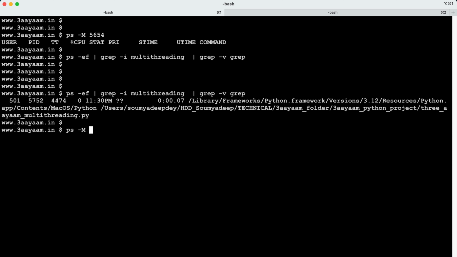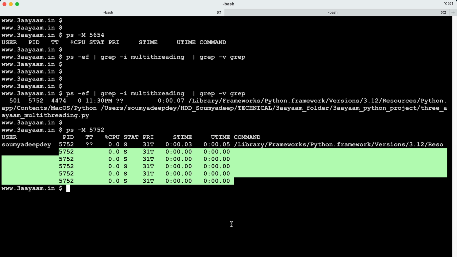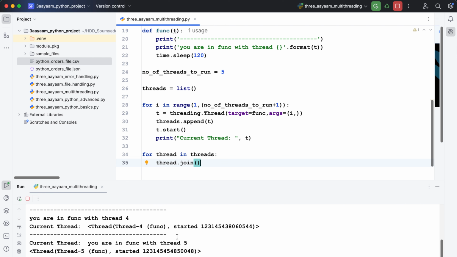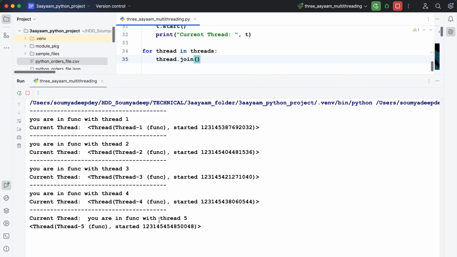Now this is the process, and then I have 5 threads. All are running parallelly, because you can see the output from all of them. Let me just increase the size. So as you can see, the output from all of them: thread number 1, 2, 3, 4, 5. Right, so all of them are executing parallelly, and it will wait for 2 minutes to get executed, and the